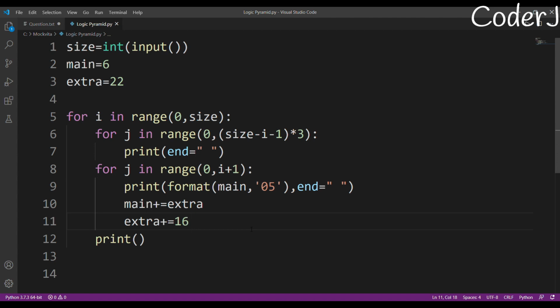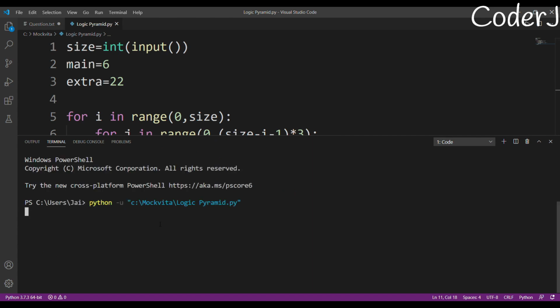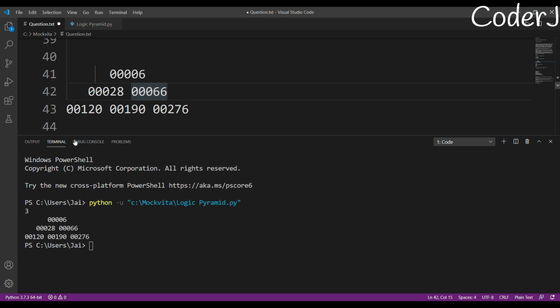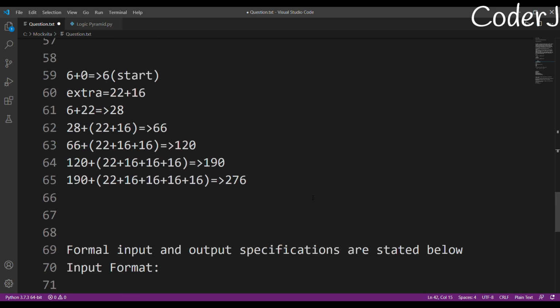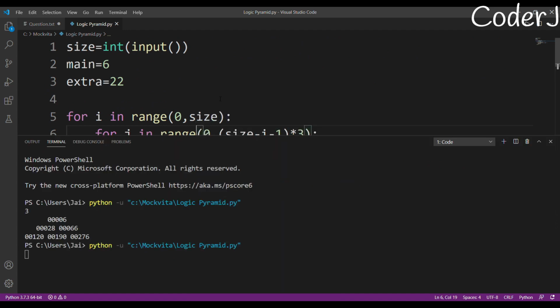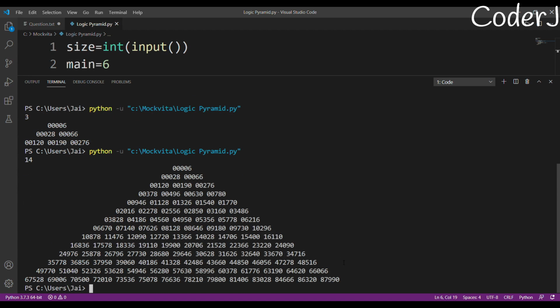Let's just try to execute it. If the input is 3, wow, okay, so it works. 006, this, no extra space, no presentation error, nothing wrong. And let's just check with our constraint. The maximum value was 14, so why not try it again? Run my code, and this time let me enlarge my console screen. 14, let's go. Okay, beautiful.